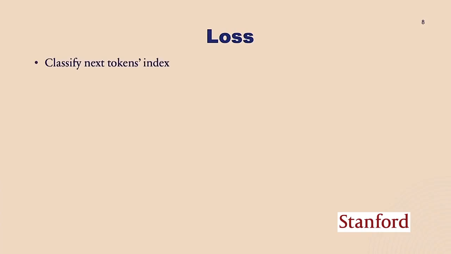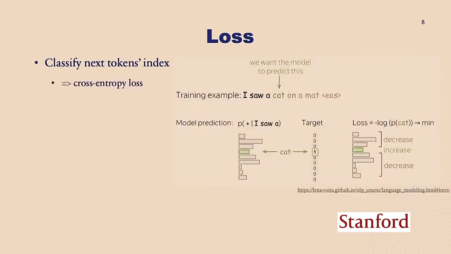And the loss that you use is essentially a task of classifying the next token. So it's a very simple kind of machine learning task. You use the cross-entropy loss, where you look at the actual target that happened, which is a target distribution, a one-hot encoding, which here in this case says the real word that happened is cat. So that's a one-hot